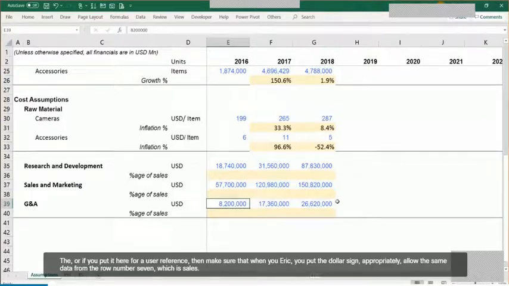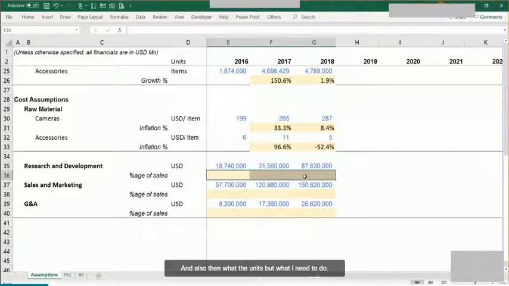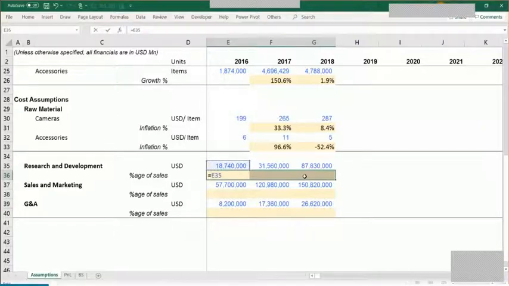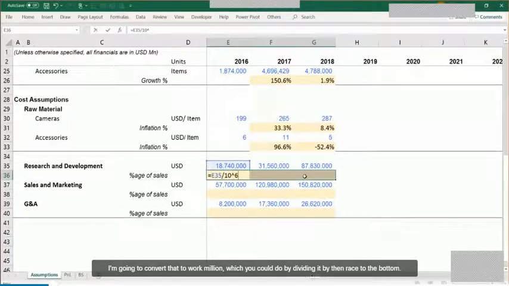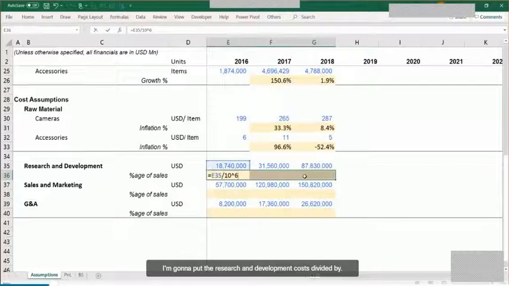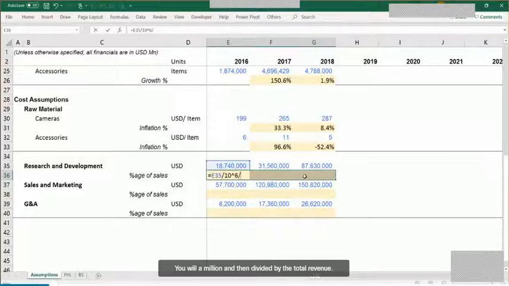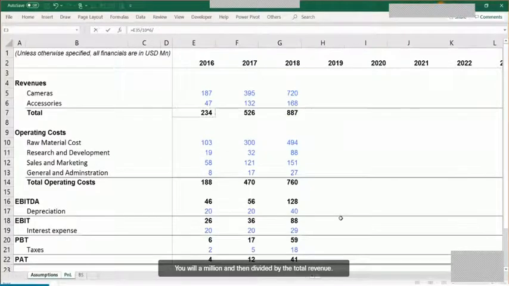Or if you have put it here for ease of reference, then make sure that when you compare it, you put a dollar sign appropriately to call out the same data from the row number 7, which is sales, and also convert the units. So what I need to do is, this is my total absolute data. I'm going to convert that to a million, which you could do by dividing it by 10 raised to the power 6. So I'm going to put the research and development cost divided by 10 raised to the power 6 so that it gets converted to USD million, and then divided by the total revenue that I've got here in row number